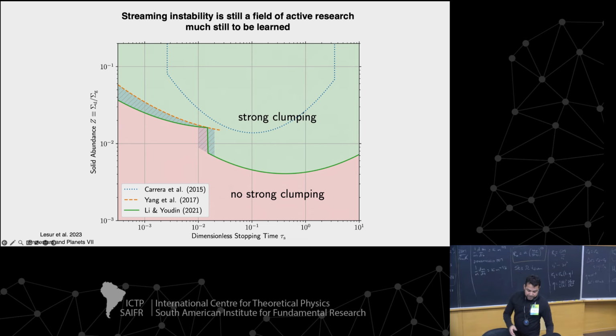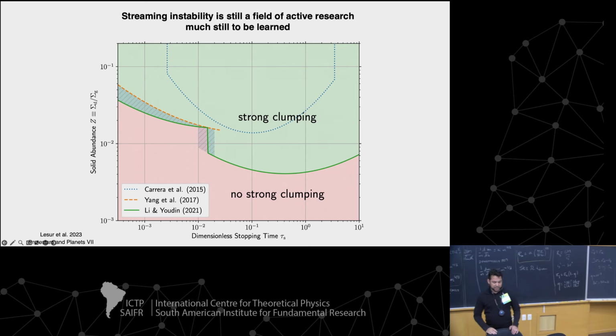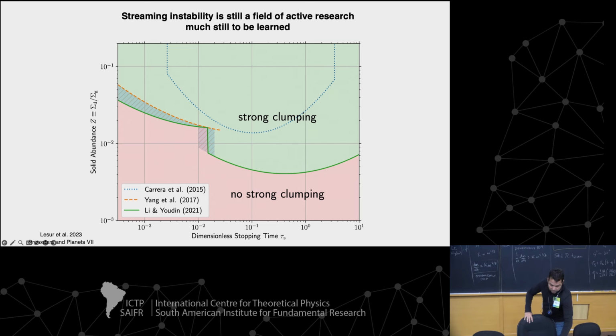But again, two things about this. We are still working on this figure. As I said, come back in 1 year. This plot's probably going to be different. And another thing that I didn't touch upon is that there are other ways to form planets. Actually, my favorite way, which I was going to talk about in the next class, is